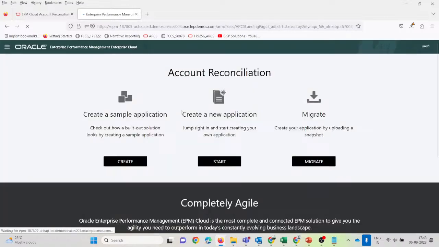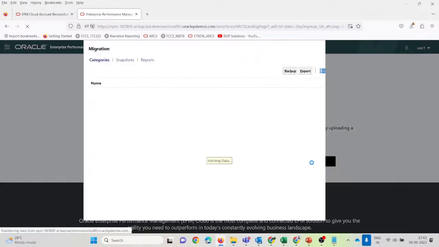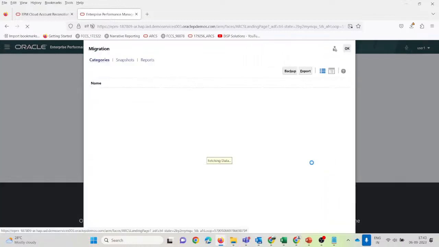Now it will load. It is taking some time to upload. Now we landed on the same page as when we removed the earlier application. So we have used this new application. Let's go and see the migrate. What does it do? So it will land us into our